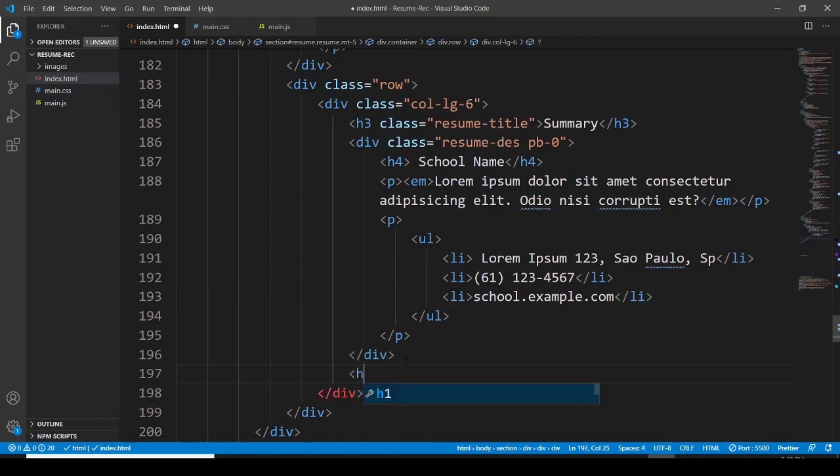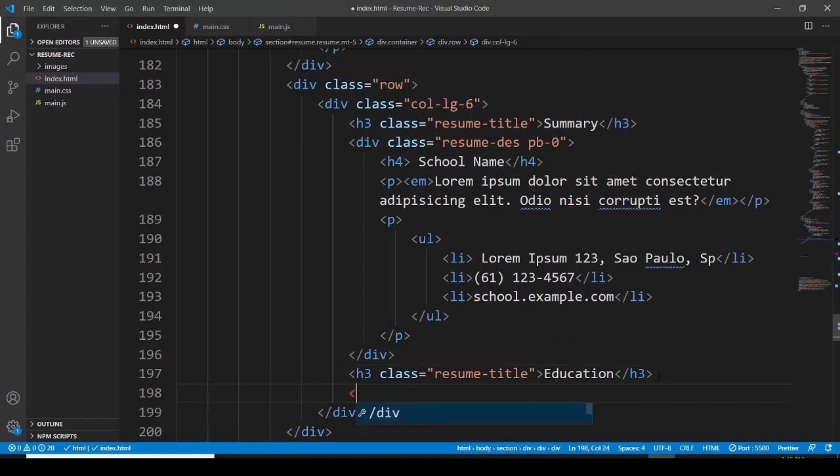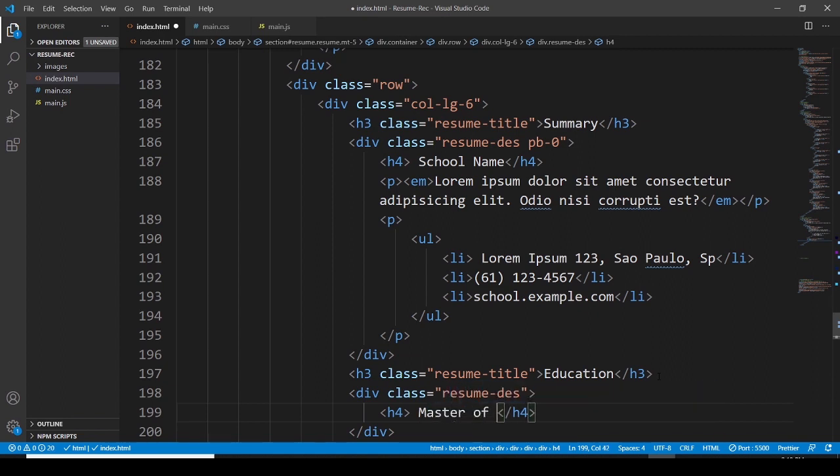and then after this we have to go with the heading 3. And heading 3 is going to have a class. This class is going to be a resume title, which is going to be education and or qualification. So let's go with the class. This class is going to be again resume description, and then we are going to have a heading 4 where we have to see Master of Computer Science,